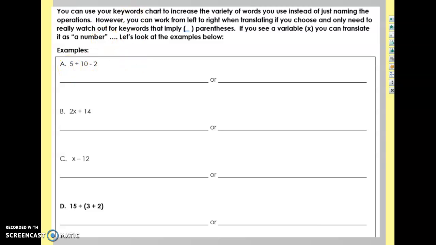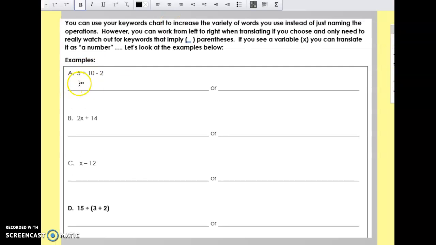So again, you can keep it simple. You could work from left to right and say 5 plus 10 minus 2. That is completely acceptable to work from left to right. We could also use different words. Again, I'm still going to have a 5, a 10, and a 2, but how I put them together, we could use some other keywords. So if I looked at my chart,